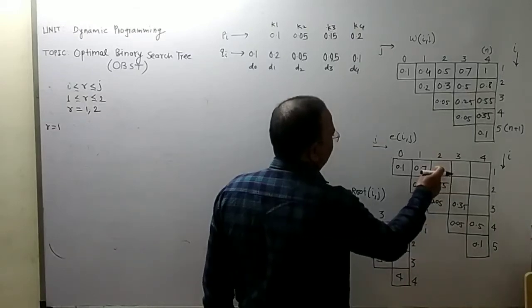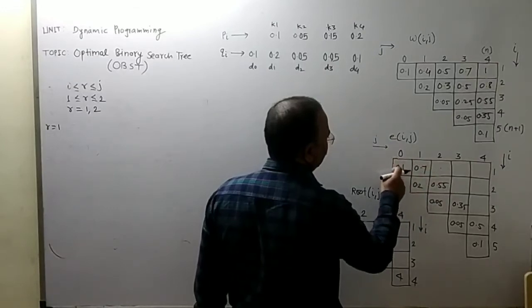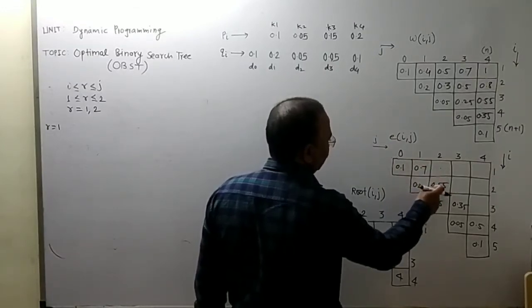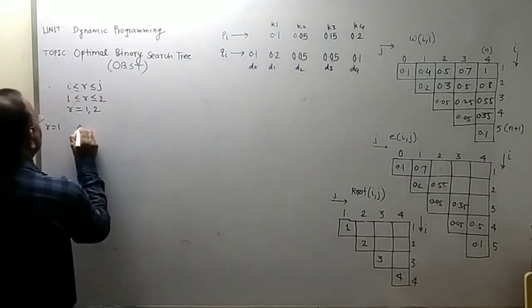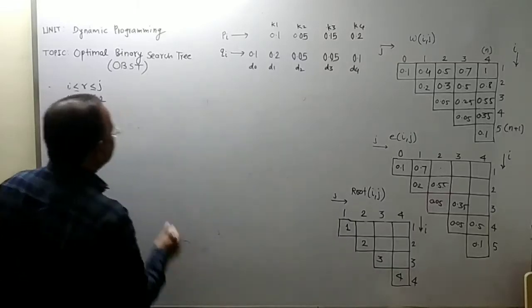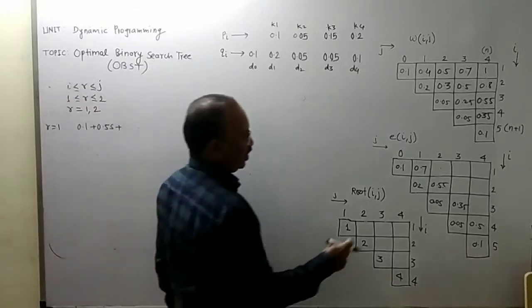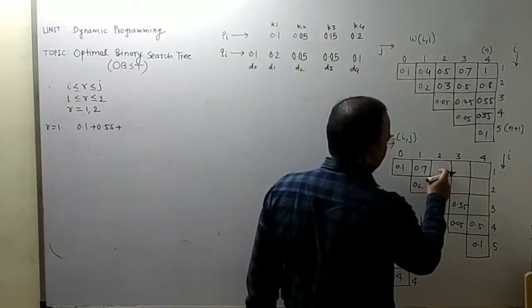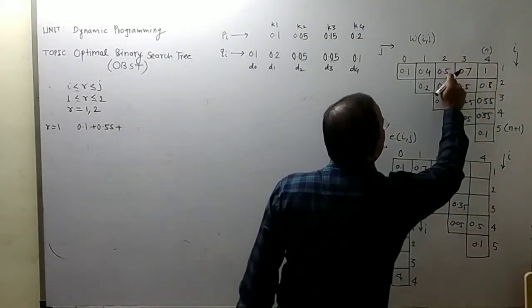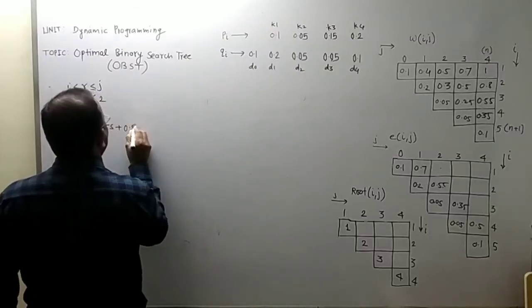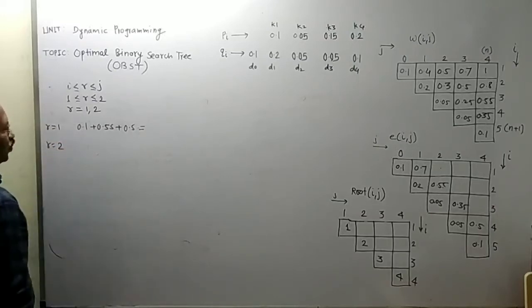For this cell on the left side there are two values. Out of these we have to consider the last value, and on the downside we have to consider the first value, that is 0.55. So 0.1 plus 0.55 plus the value at 1, 2 position in the W table. In the W table, the 1, 2 position value is 0.5. That is equal to